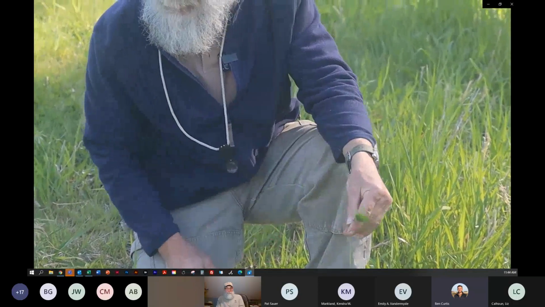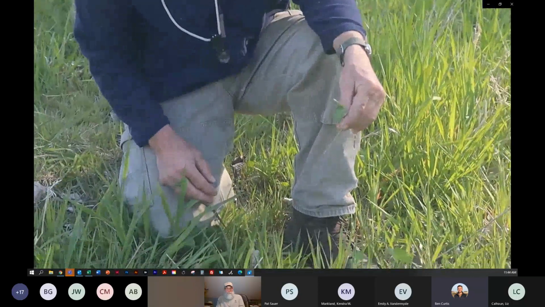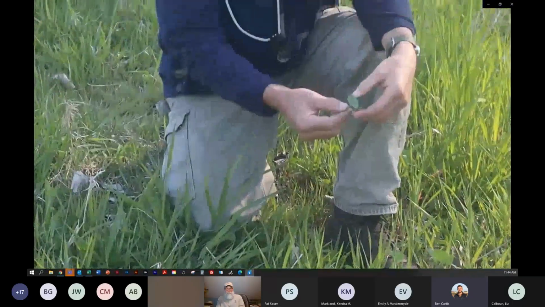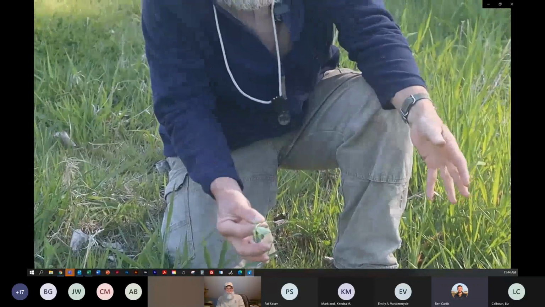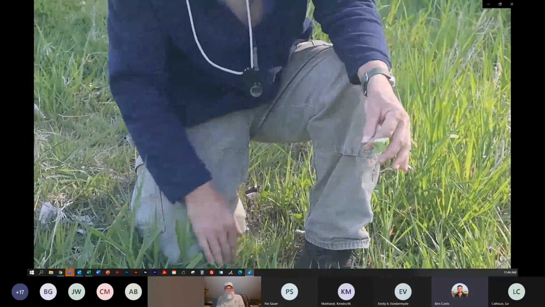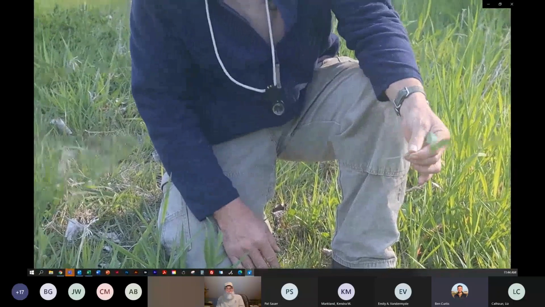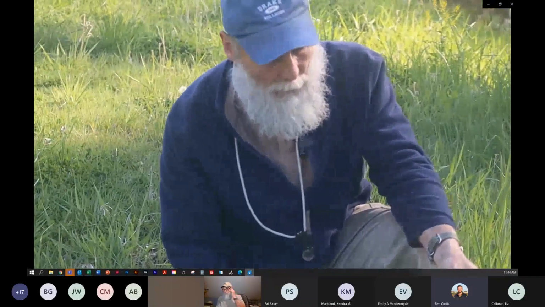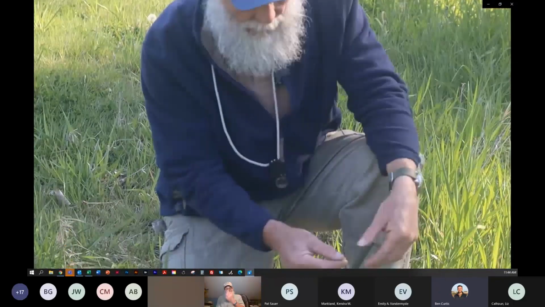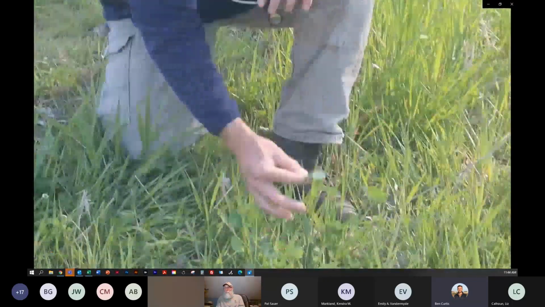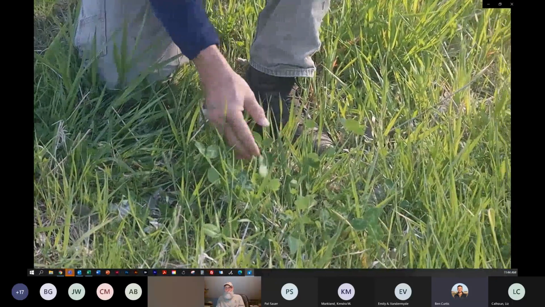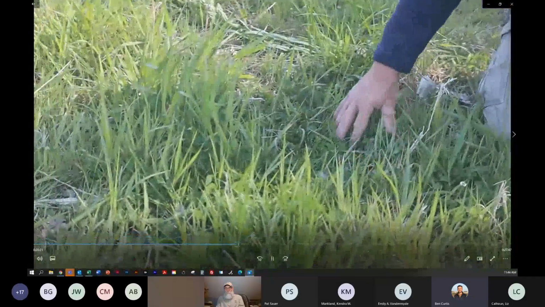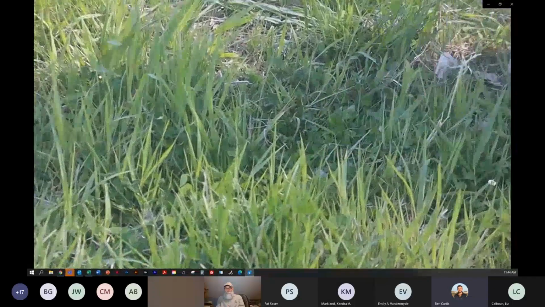Red clover, I think, is probably the more difficult of the two species. It's the one I tend to see causing the most problems. It's a little bit bigger plant. It will grow a little bit taller overall than what white clover does. So just on its pure size, it's a little bit more of a problem species. So this is Trifolium pratense over here, red clover. And this one over here, Trifolium repens, white clover.